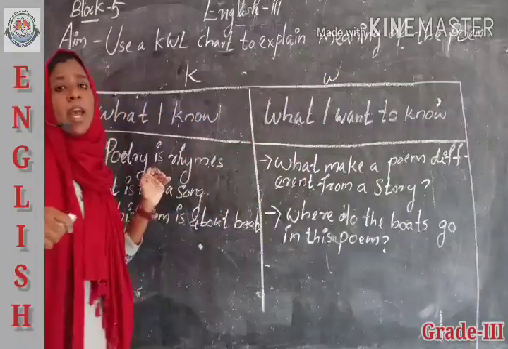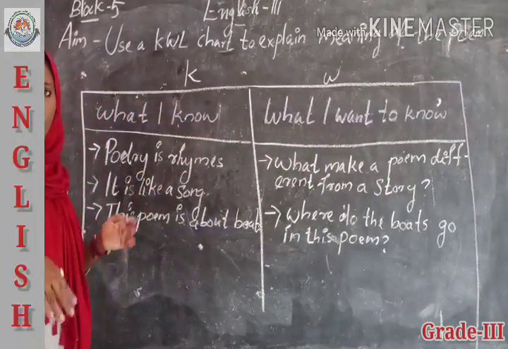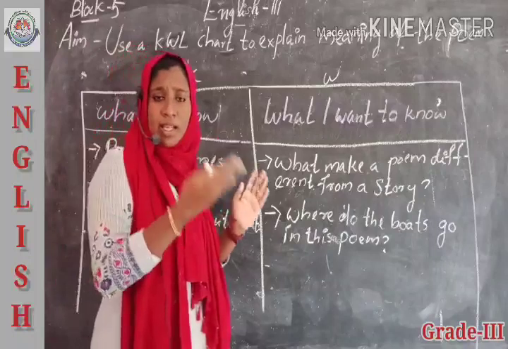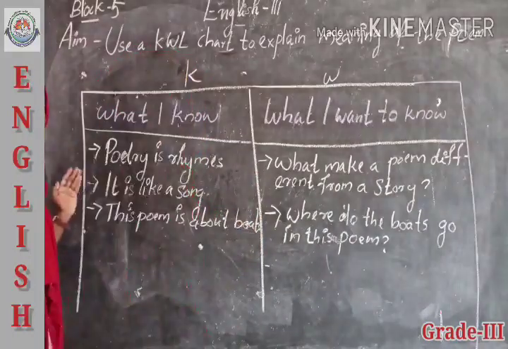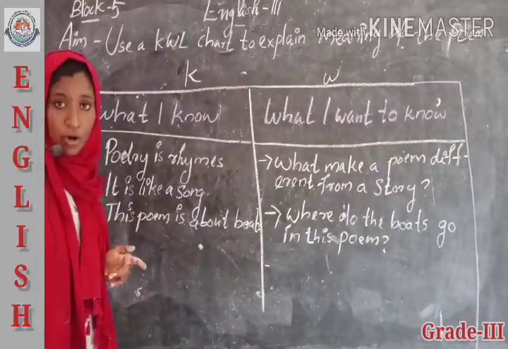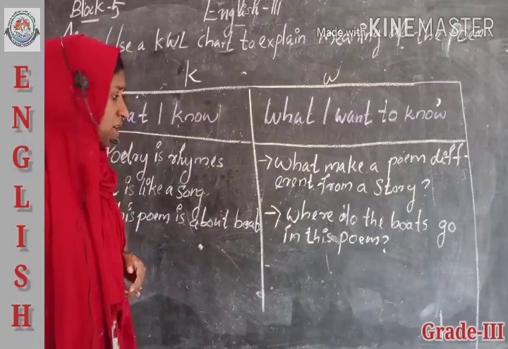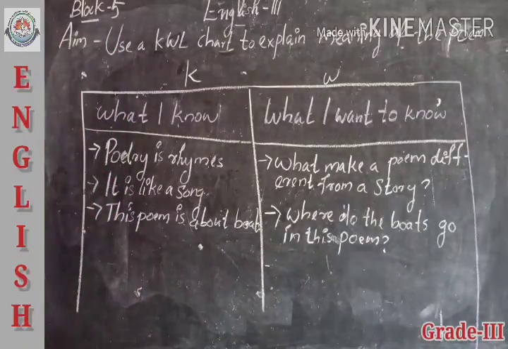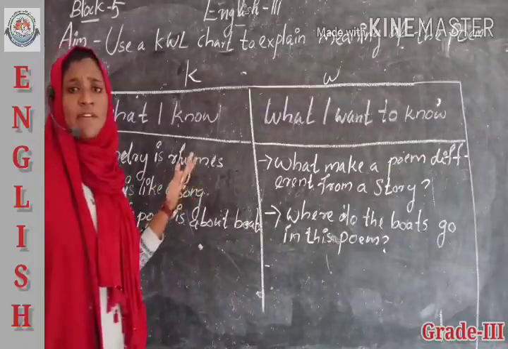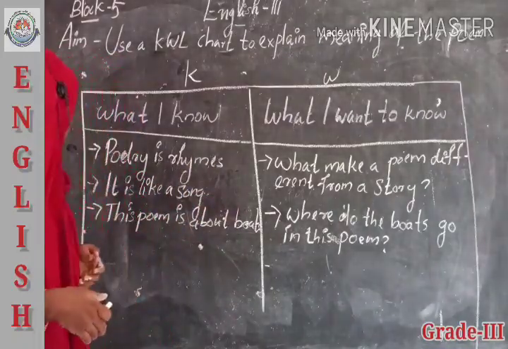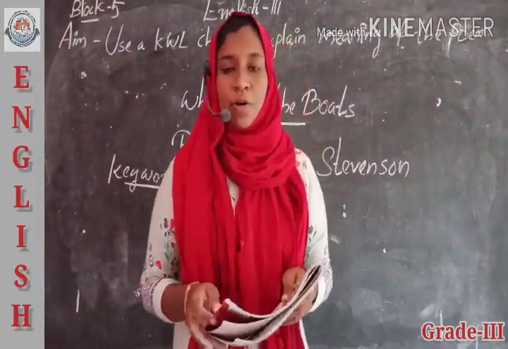These two columns we have to write before going to that poem. And the final column we have to write after completing our poem. So please write down these two columns in your notebook. Okay, is it clear? So please note it down in your notebook. And the final column we will draw after completing our poem. Okay. So shall we move to the poem?